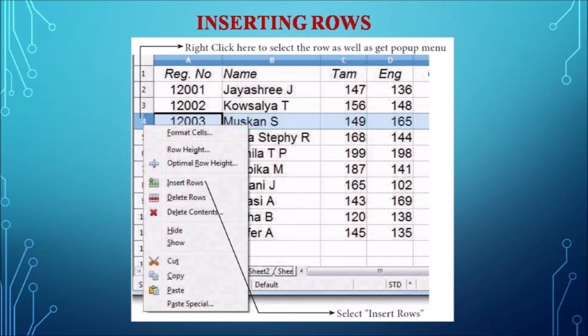So there you can insert a new row, and also you can insert the new row anywhere in the worksheet. And first we have to select the row where the new row is to be inserted. And right click the row number, and a pop-up menu will appear. So there you can click the insert row option from the menu. Then a new row is created. So this is how the new row can be inserted.